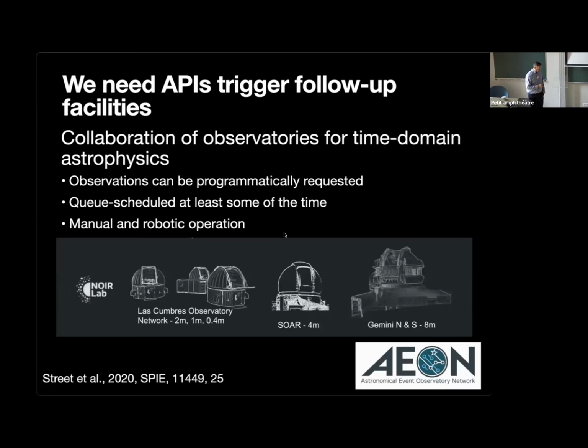SOAR operates something like 1 to 2 nights a month in AEON mode. And so the rest of the time it's constantly scheduled, and it does just exactly what it's always done. But for those few extra nights, the information comes through and it runs through the same scheduler that Las Cumbres uses. And then instead of having a robot control the observations, you have an observer on site who takes the output of that schedule and then enacts it and just continues through the night.